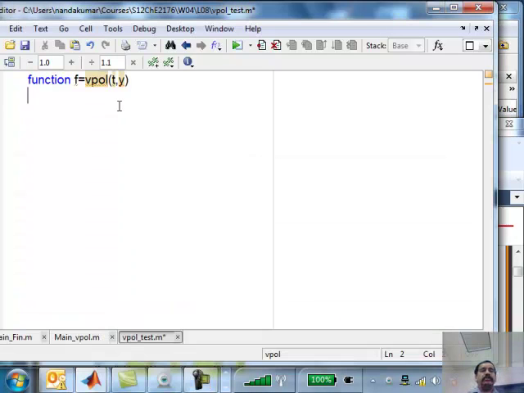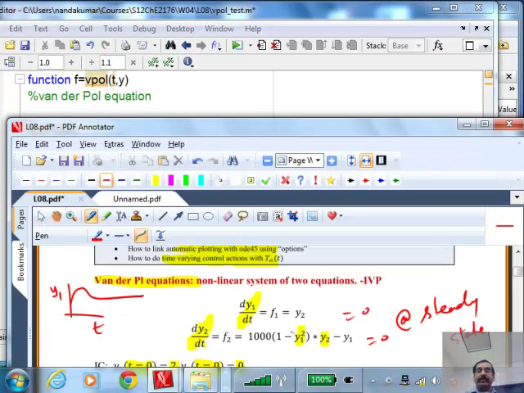So you can go ahead and put a comment if you want, van der Pol equation. And then put f1 equals y2, semicolon. That's your first equation, and it is extremely simple. You could have a more complicated expression on the right hand side, but you have to program that. That's not very difficult.